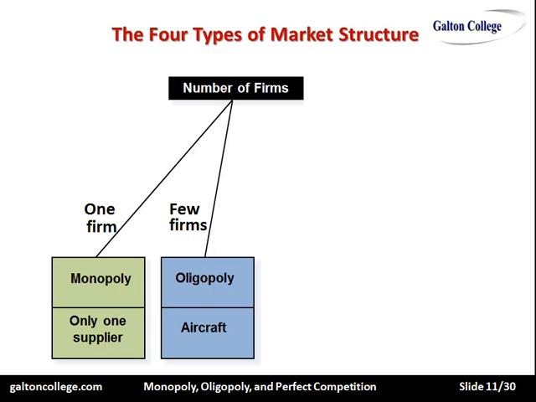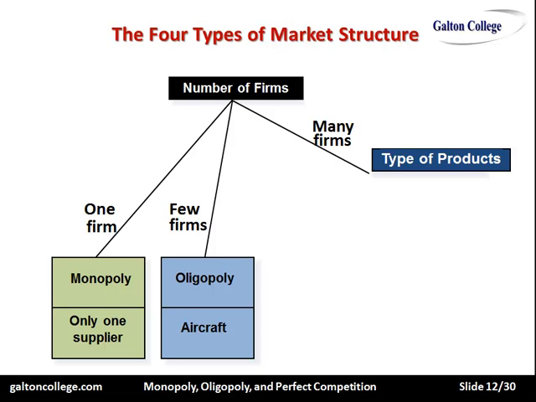An example there would be, say, the aircraft industry. Very few companies make aircraft, so the aircraft companies are acutely aware of each other's existence. They're acutely aware of the types of innovations they're introducing into their production techniques and so on, and they try to outcompete each other, normally in terms of quality of the good, reputation, image, and even technical specifications.